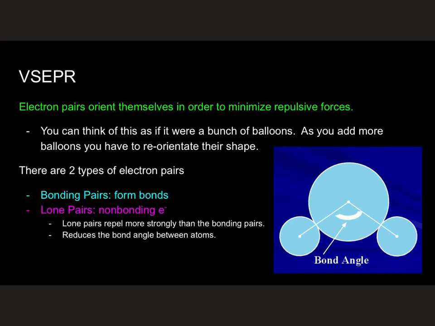But electrons push away from each other. So there's a repulsion, right? Like charges repel. So that means that you're going to end up with them pushing away in order to create a certain shape. A good way to think about it is if you have helium balloons, or a balloon that's actually being pulled up in the air. If I have one balloon on a string, then it's pretty easy for that one balloon, here I'll draw it,